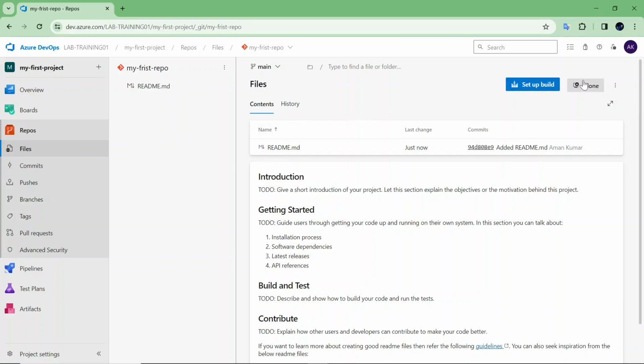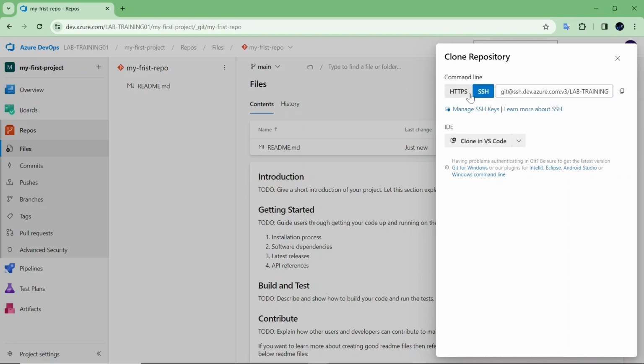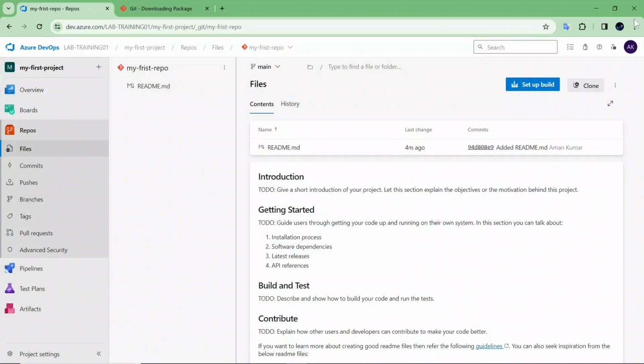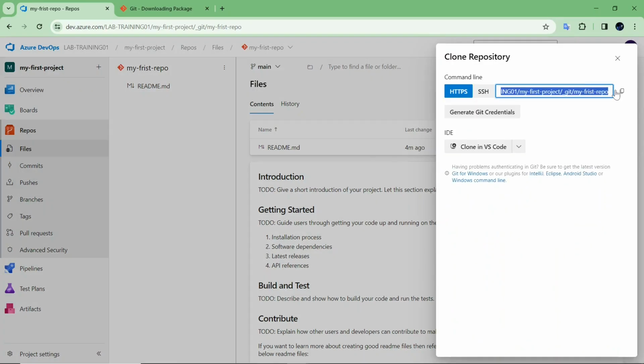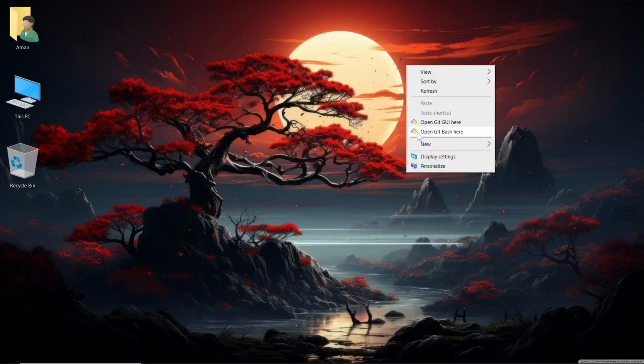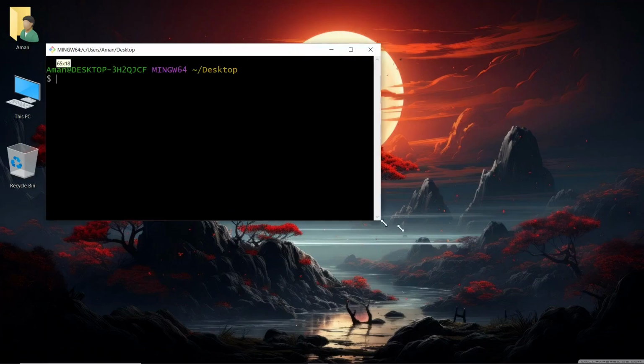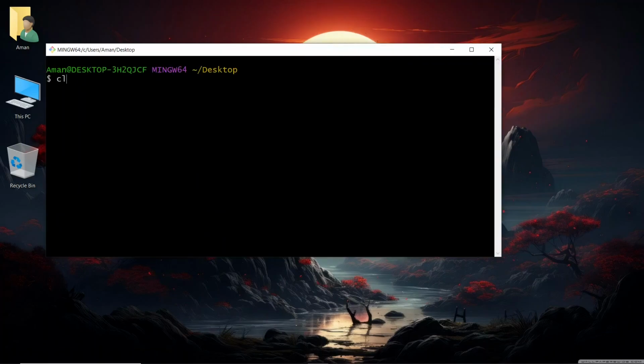We will just click on clone. We will get two types of cloning method. First is HTTPS and second is SSH. We will not be using SSH, we will use HTTPS. So guys, you will just click here and copy the HTTPS link. We'll go where we want to clone the repo, and here we will open the Git Bash, or you can use your terminal or command prompt also. We will type git